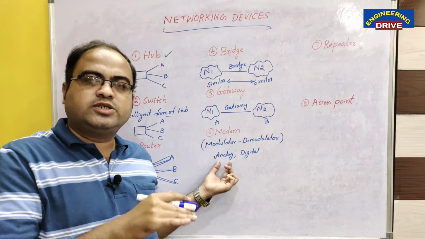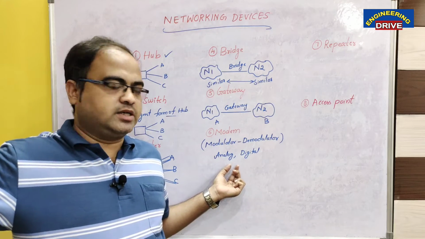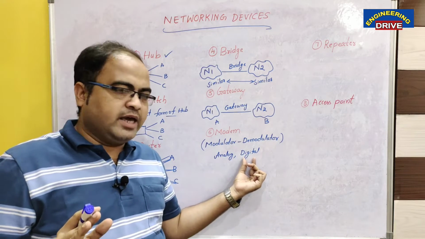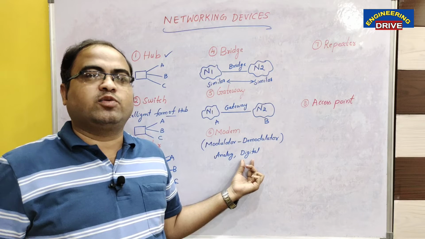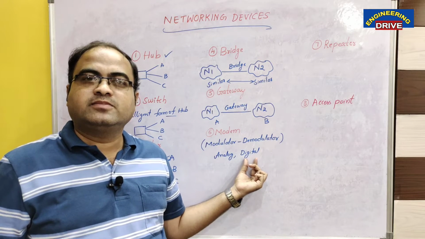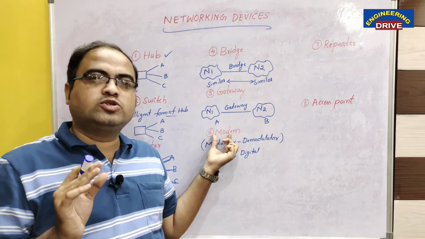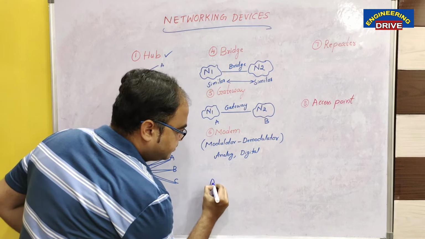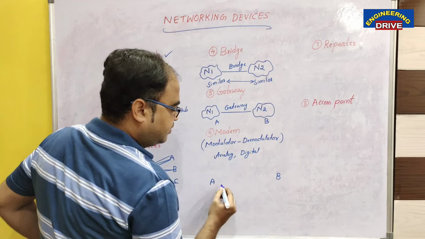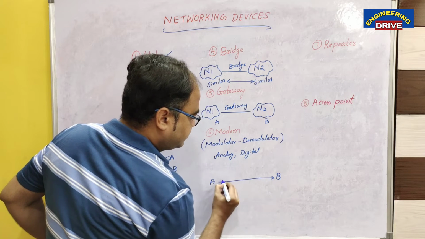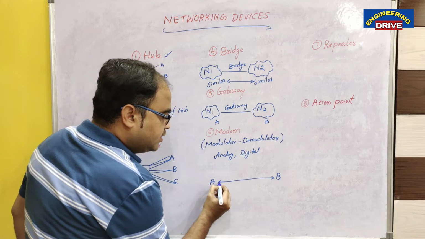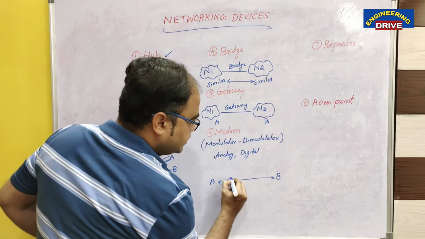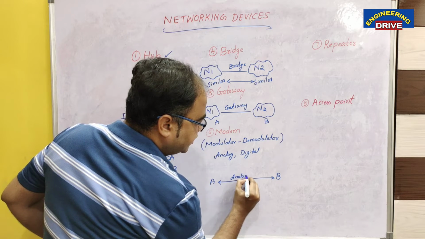Analog signals are generally used in telephone lines where the data will be transmitted. In order to transmit, the data must be in analog form. But the devices which are connected in network, they can understand digital form only. See here, dear students, I am showing you the use of modem here. For example, this is computer A and this is computer B, device A and device B. They both want to communicate with each other. And the transmission medium, here this is the transmission channel, and in order to transmit the data, compulsorily it should be in analog form or analog signals only.